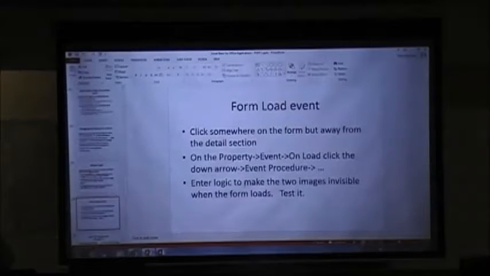And enter logic to make the two images invisible when the form loads. Well, that's easy. Image, I'll just copy them. I'm just going to copy and paste and set them both to false. There. Rather than typing, I like to copy and paste. I've already tested something, I know it works, so I know I've spelt these correctly and everything. So now when I run it, hopefully,